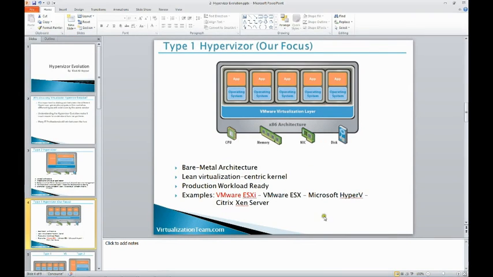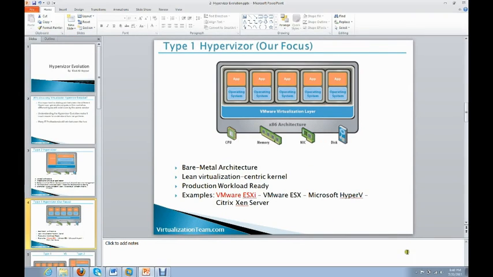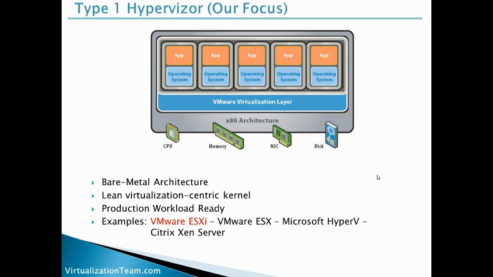Alright, so let's talk about Type 1 Hypervisor. The main difference between Type 1 Hypervisor and Type 2: Type 1 can be totally installed directly, or bare metal, on the hardware you buy. You can buy your hardware, which could be your physical server from your preferred vendor like IBM, Dell, HP. And rather than having to install Windows or Linux on top of that box, you actually go and install the